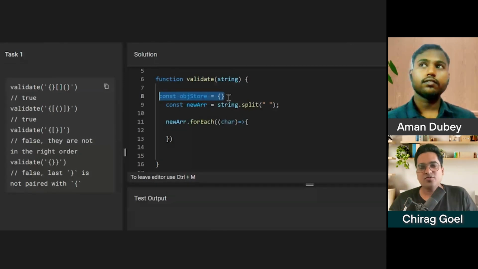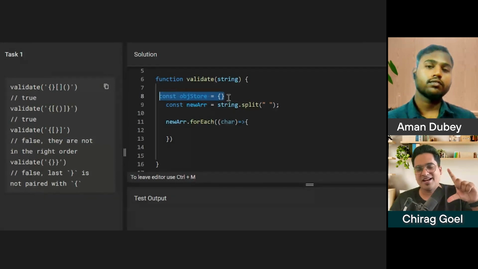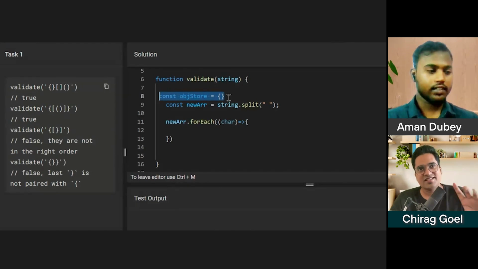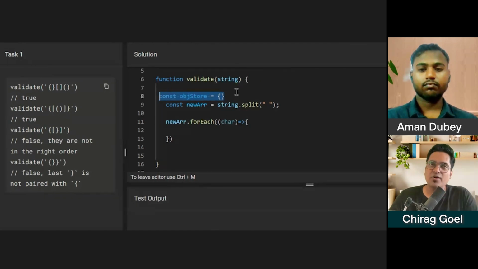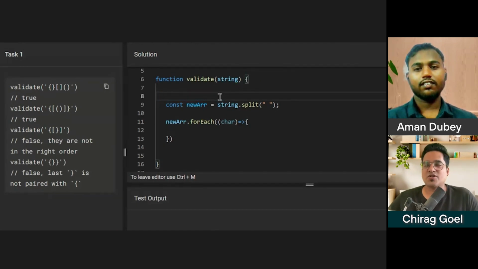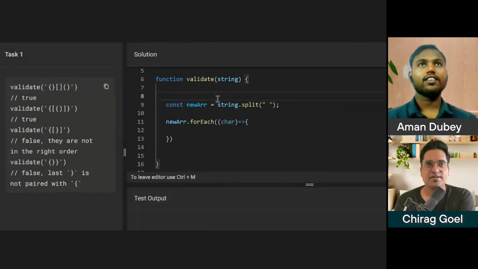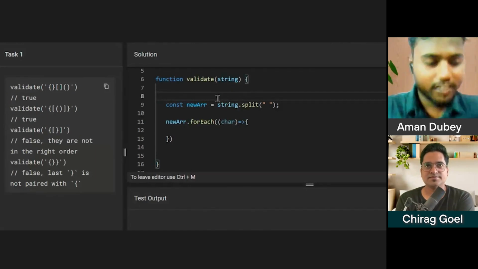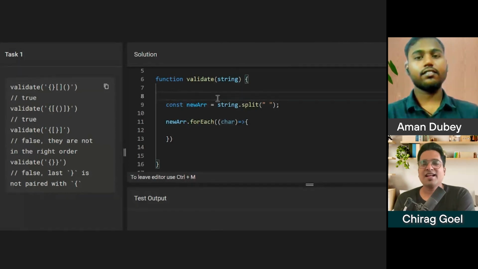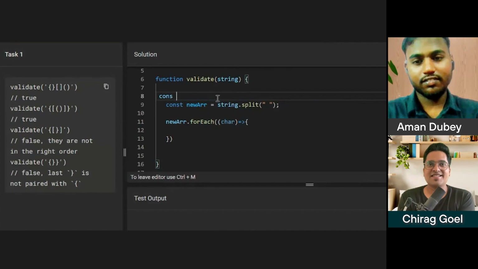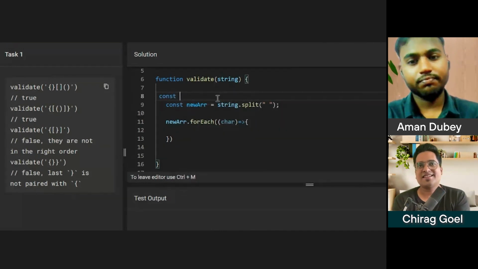Cool. So you can use those methods, or else you can write your own simple thing, because ultimately in JavaScript you create everything out of array or object. You can take a simple array, or you can create a stack and do that. It's your choice. Let's do it. I haven't had much time because I was working. No worries. Take an array. It's the same thing, just a method. This is a stack, nothing else.